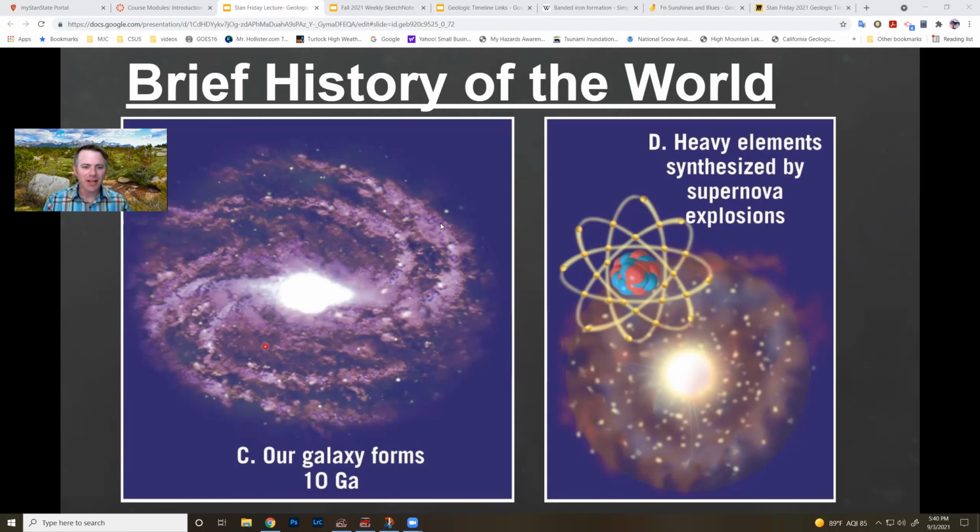And within this cloud of dust of hydrogen and helium, it all orbits around a huge black hole in the middle. That's what keeps everything in the Milky Way spiraling. But within those spirals of dust, that's where stars are born. And as these stars are born, they gather like dust bunnies and they live their life cycle. And the bigger the star, the more fusion happens inside these stars,